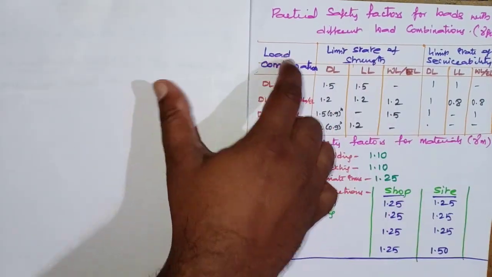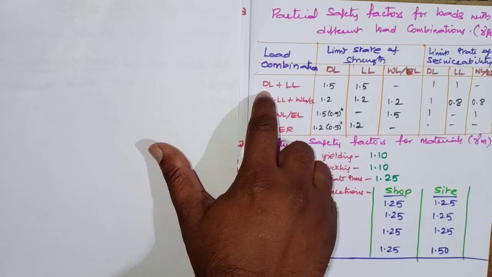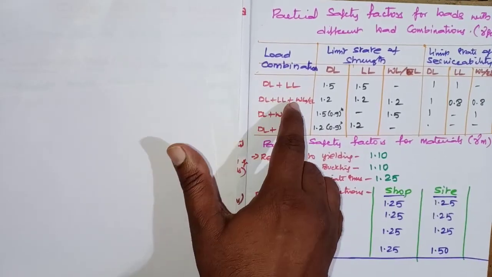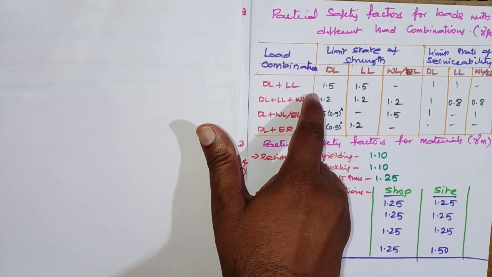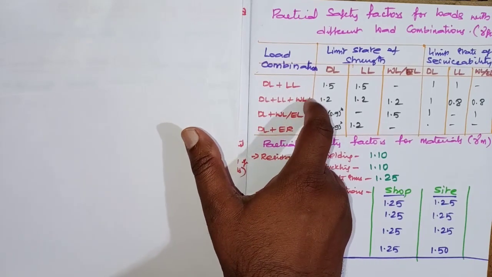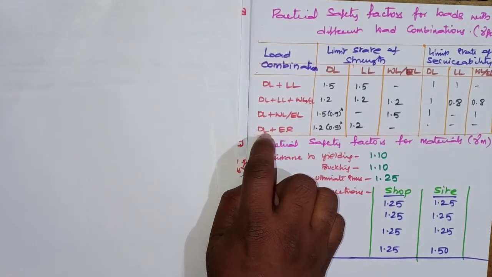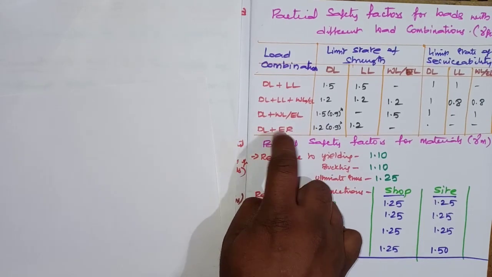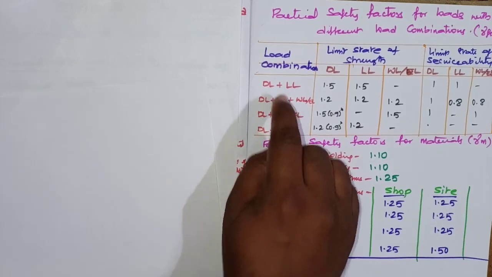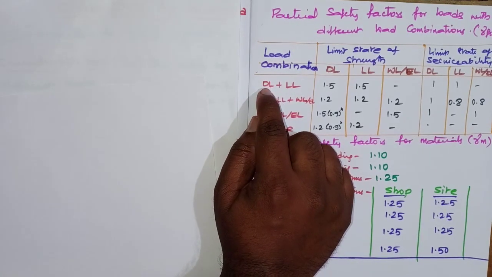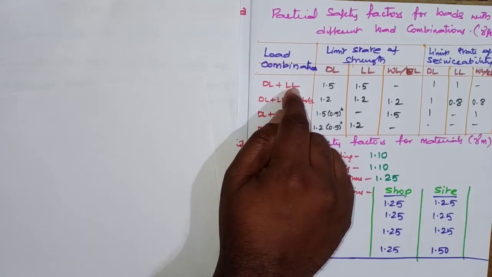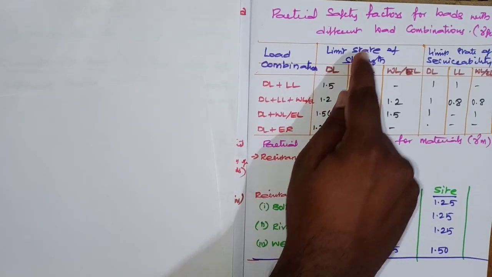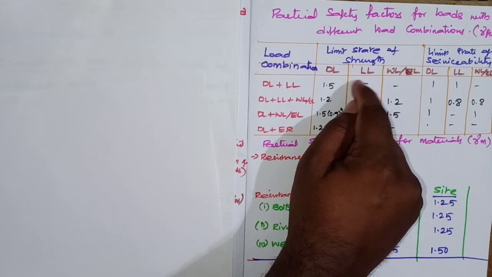And coming to the different load combinations, I will elaborate here. This is dead load, live load, wind load, or earthquake load. EL means what? Earthquake load. Now here, next, dead load or wind load or earthquake load, dead load plus erection load. Now if the load combination is dead load and live load only, then the partial safety factor for loads under the dead load is 1.5 in case of the limit state of strength, and here it is 1.5.